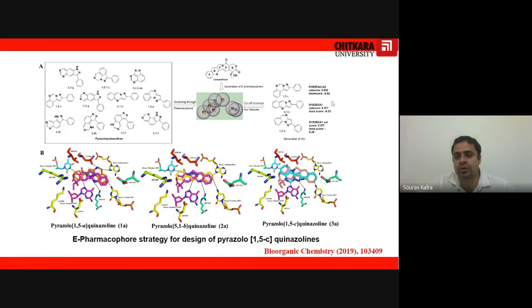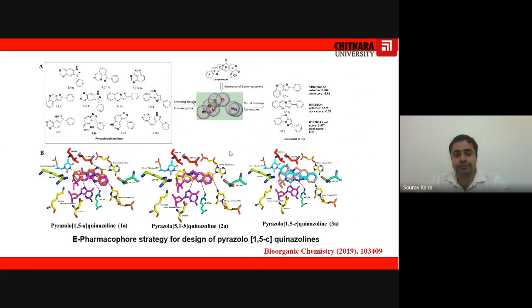15C has a dock score of -6.62, and the second, 15B, has -6.53, and 15A, this 1A compound, has -6.28. So we can see that the last one, 3A, has a good dock score, and we can say it is a lead molecule. We have made some modification and optimized the lead, and this is published